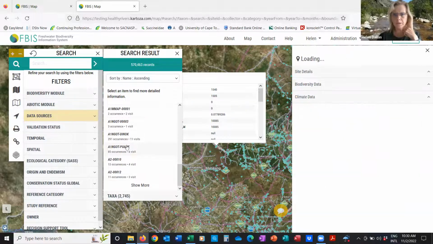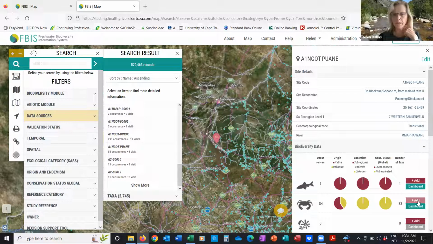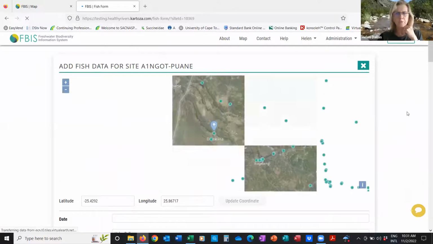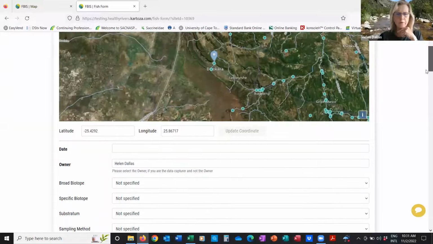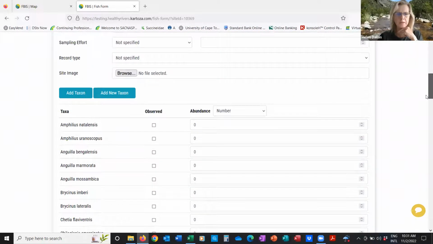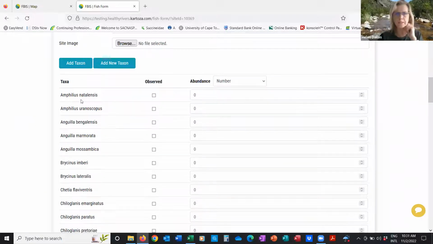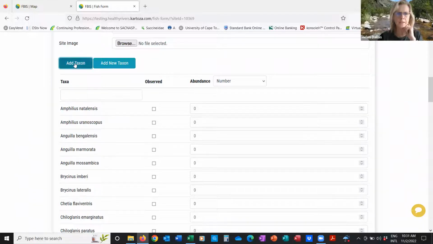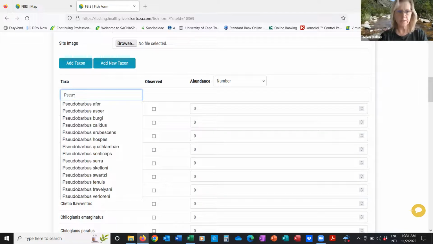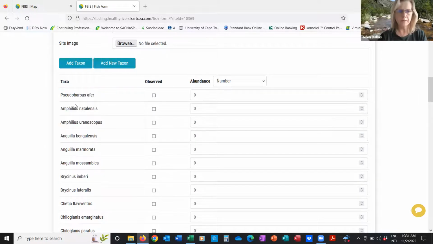why is it not allowing me to add? There we go. So say I want to add a new species of fish, and as Jim mentioned, we use nearby records to pre-populate this list. Now, if the species that you find isn't included in this list, you have two options. The one is to add a taxon, in which case you can just type in the first few letters. Say, let's just pick Pseudobarbus afer,